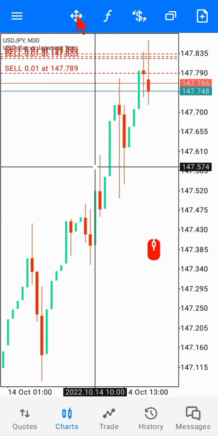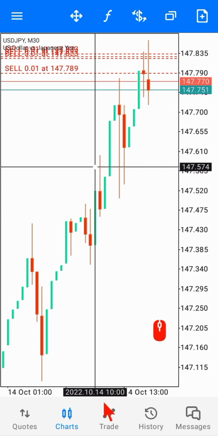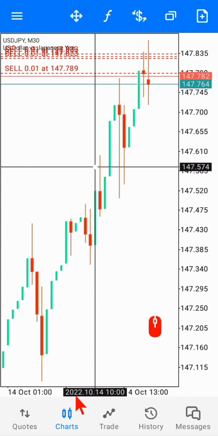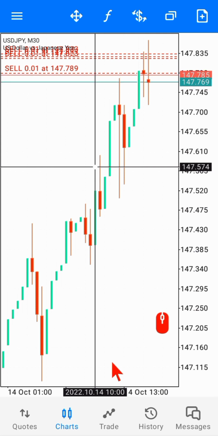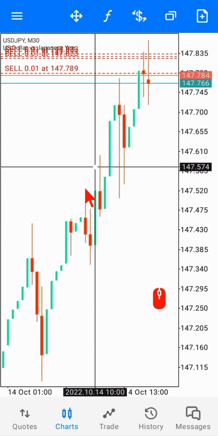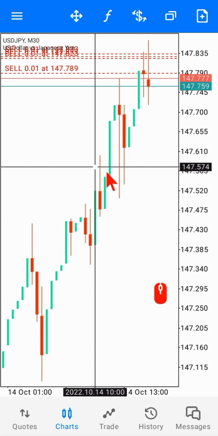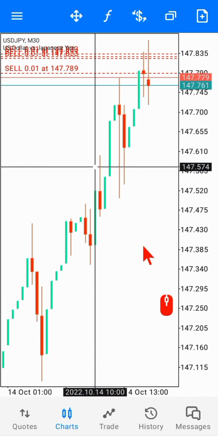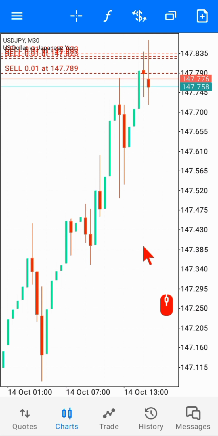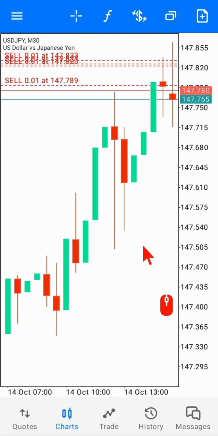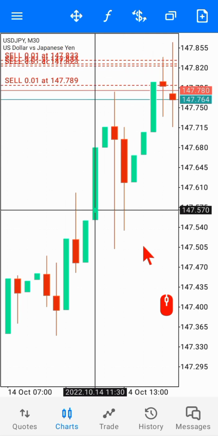A vertical line helps you to read the time, year, date, month, minutes, when a particular price or action happened on the candlesticks. For example, when the market reached here, we want to read this candle,